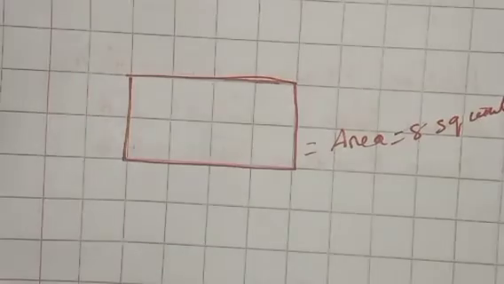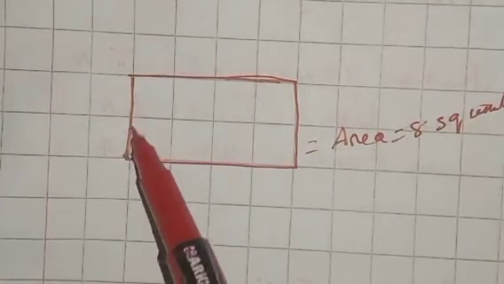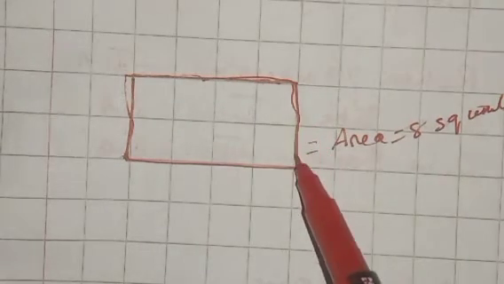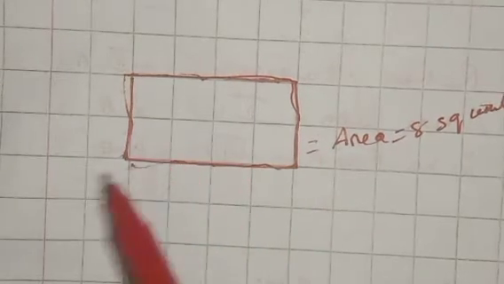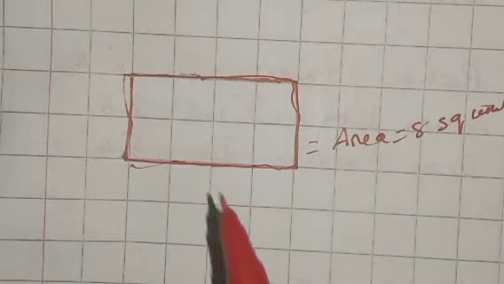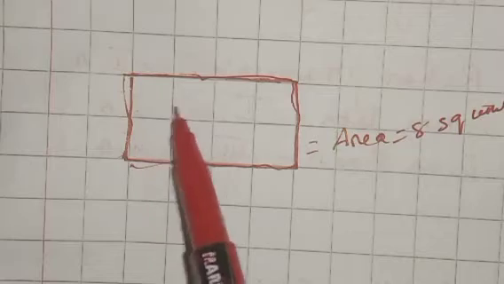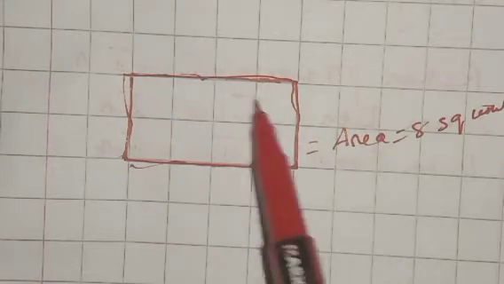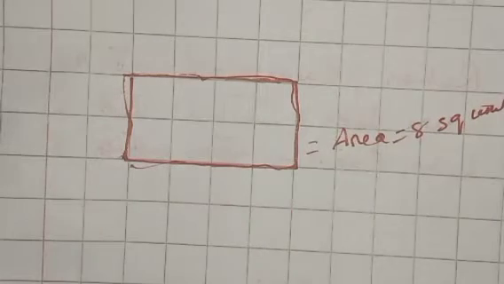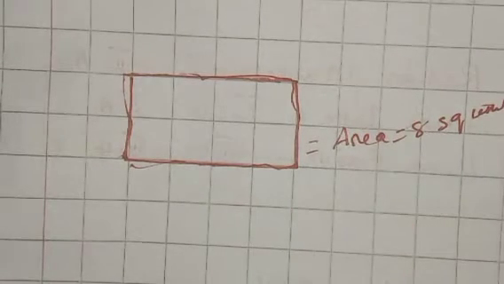This is one square unit. So we studied how to find out the perimeter. Perimeter we can count outside. That is 1, 2, 3, 4, 5, 6, 7, 8, 9, 10, 11, 12. This way you count out the perimeter. So here area is the surface area of this closed figure. So inside you want to count. It is 1, 2, 3, 4, 5, 6, 7, 8. That is, area is 8 square units.